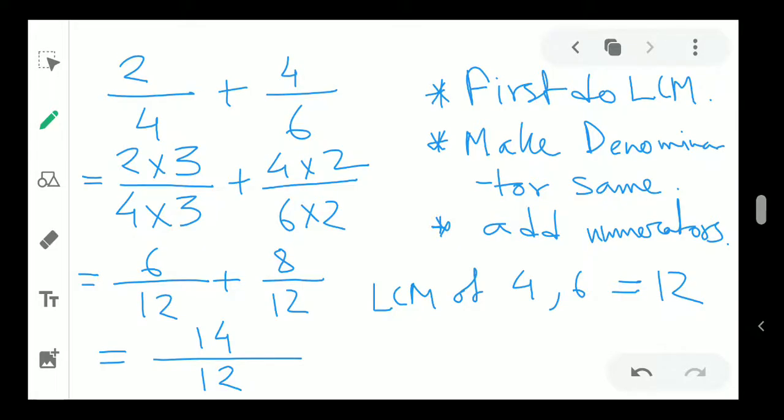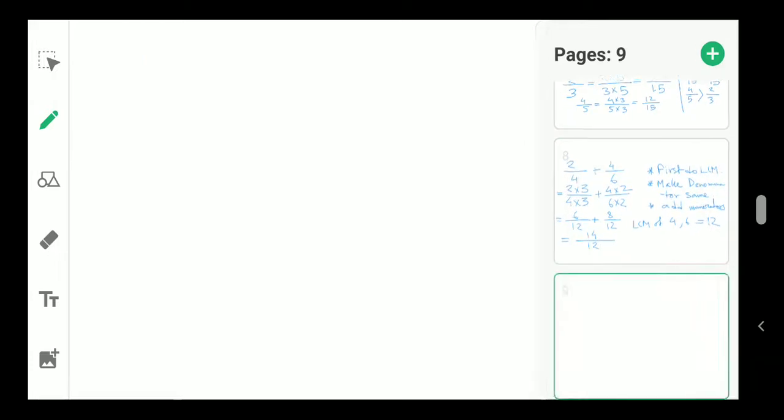Now let's do another one. Let's say this time we will do subtraction. So let's say we have 3 by 8, and here we have 2 by 6. Okay, so probably it can come negative. Okay, let it be. Acha, so let's say this is 16. Now let's see this one I have to do.